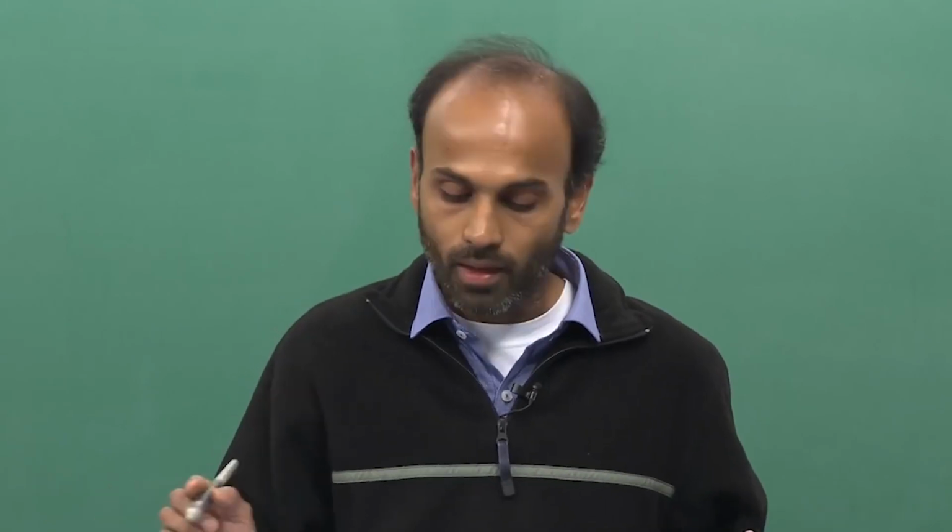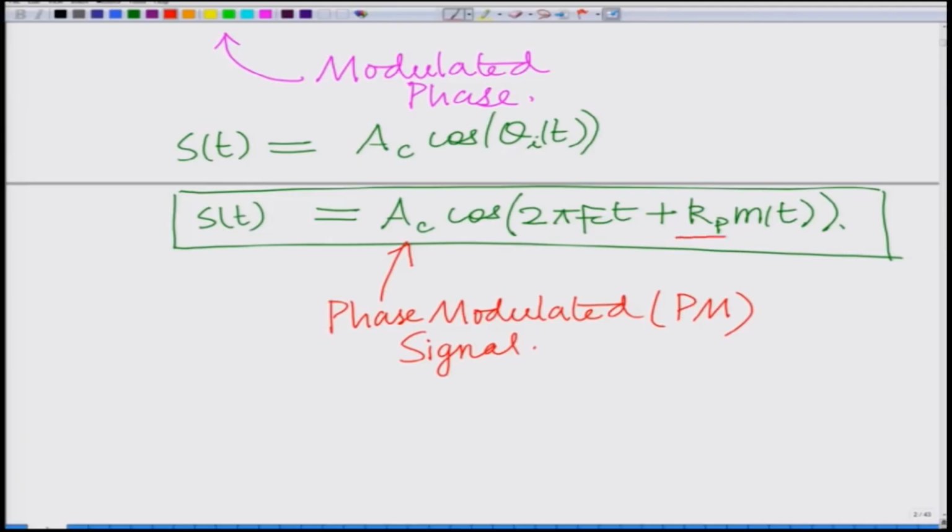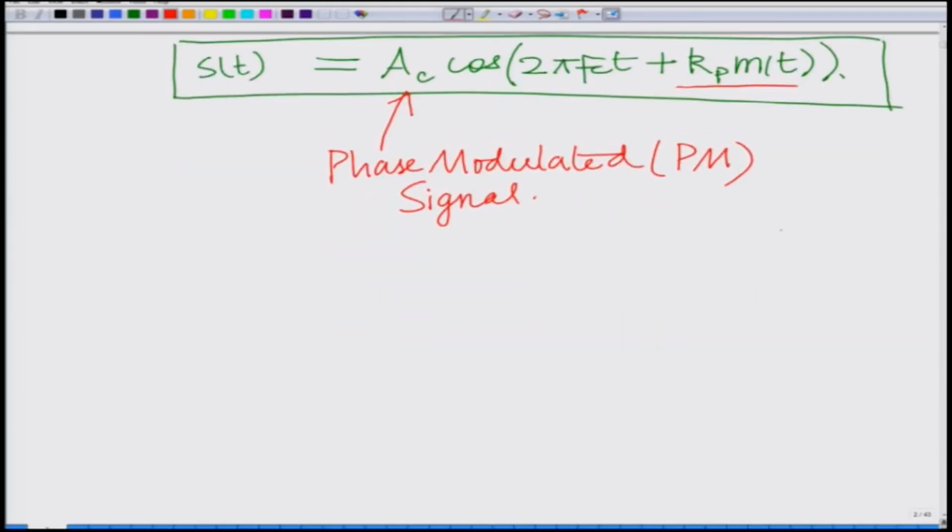And what you can see is, because the phase is modulated by the message, if the message has a discontinuity, for instance if the message is a step function, then the phase of the modulated signal experiences a discontinuity. This gives rise to high frequency components. So, the disadvantage is that if there is a discontinuity in the message signal,